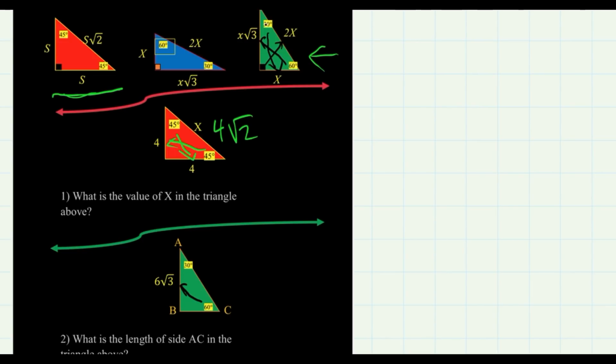So the side opposite the 30-degree angle would be 6 units long, which makes the side opposite B, which is the hypotenuse here, AC, twice as big as this, 2x, which would be 2 times x. 2 times 6 is 12 units long. And that's the length of side